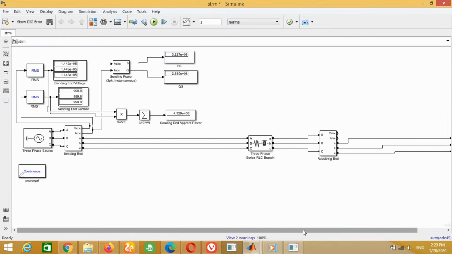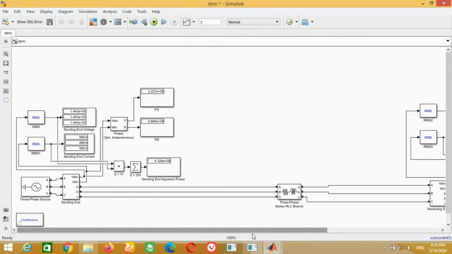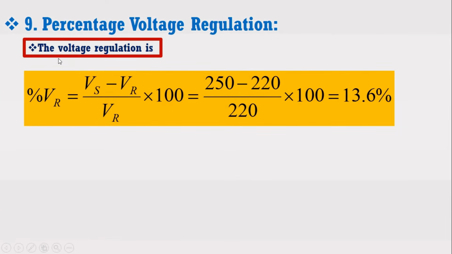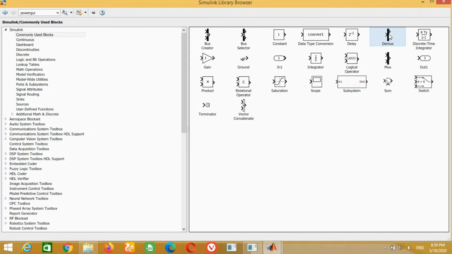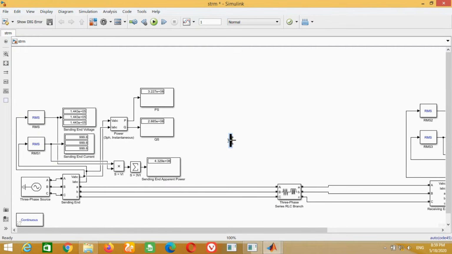Now we need to measure the voltage regulation of the transmission line. The mathematical formula for percentage voltage regulation is given here. We know that the 3-phase measurement block is giving 3 voltage and 3 current measurements, and 1 measurement is sufficient for the calculation purpose. Therefore, we need a demultiplexer to convert these 3 readings into 1.